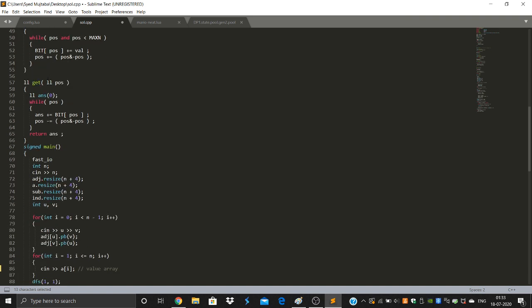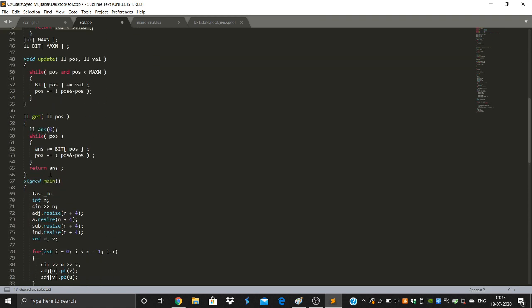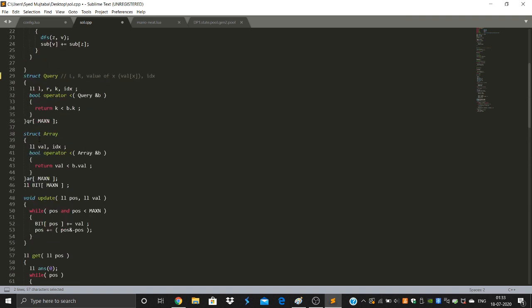This is our BIT, for which we'll be querying. As you can see, we have sorted the array of QR and AR. QR is our queries, and AR is the array values.